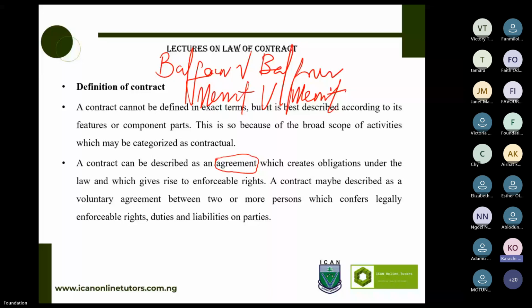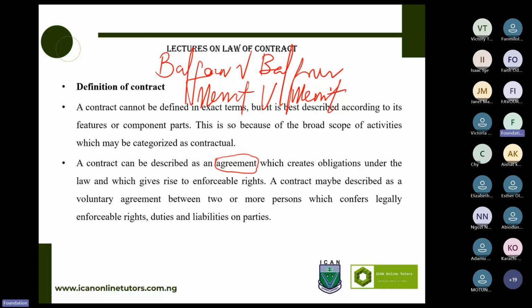Sorry, sir, I have a question. Please go ahead. Okay, you said for the first one that it's a contract. Yes, for the first case, where there's no document signed off, it's not a contract. That's our submission. It's just a gentleman's understanding agreement. It is called a domestic agreement. So what further makes this a contract was established in the case of Merritt and Merritt, because there's a document that was signed off. That document has created legal enforceability.